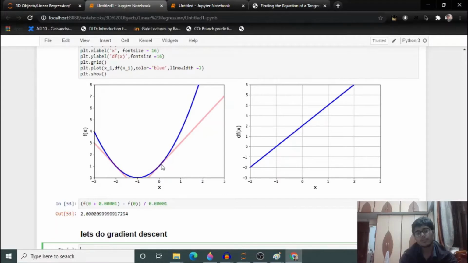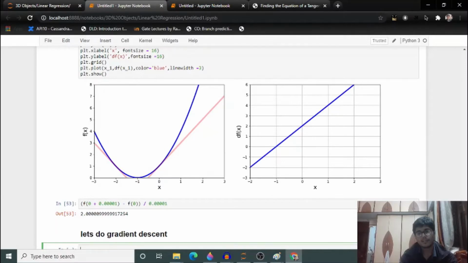So how will we slide? Let's assume that we have the slope of this line, so we know the derivative at the point 0. If we subtract the value of the derivative from 0, what will it be?